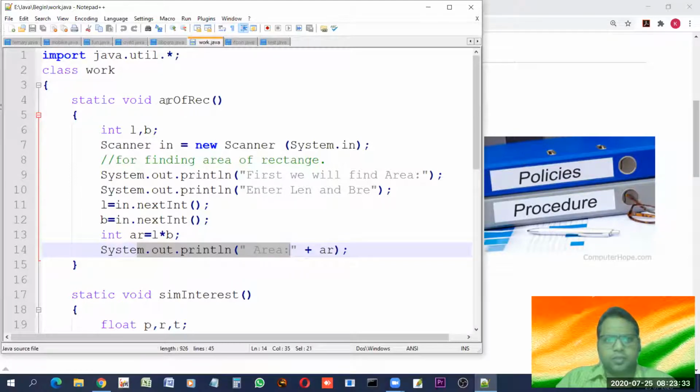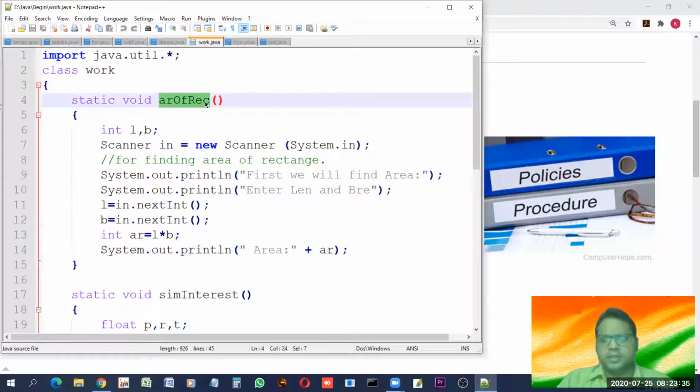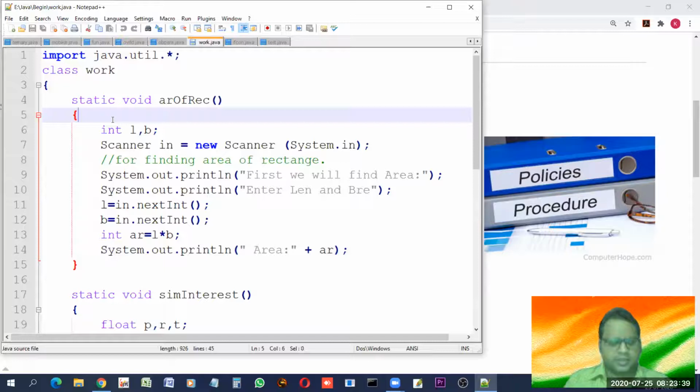So let us have a look at this function. Area of rectangle is a function, and it's obvious why we have made this. Let us make this clear by writing a comment. Okay, now the comment will tell you why this function is there.